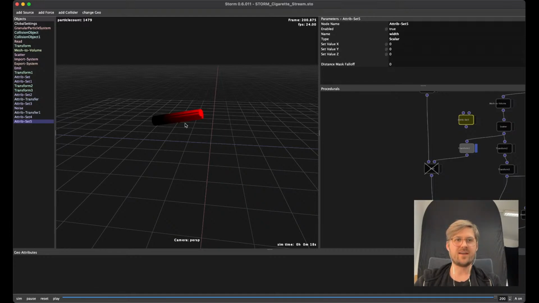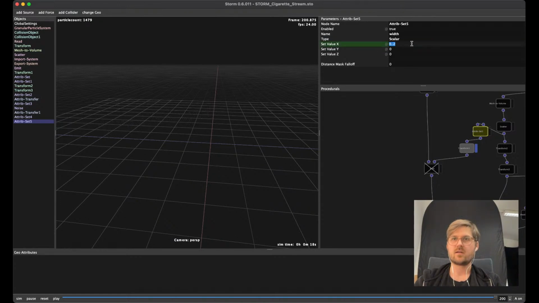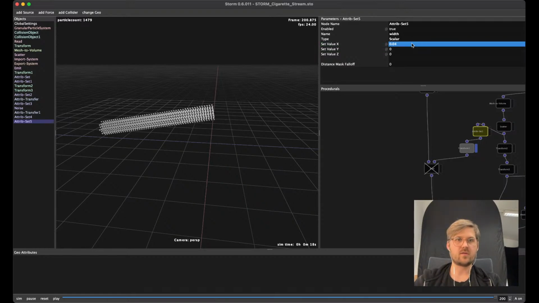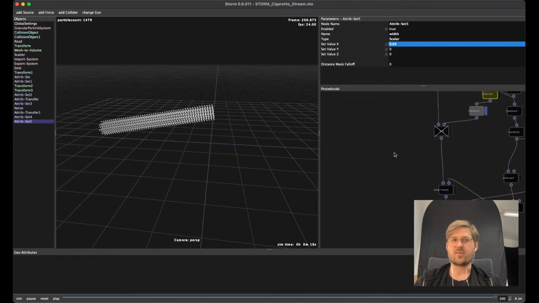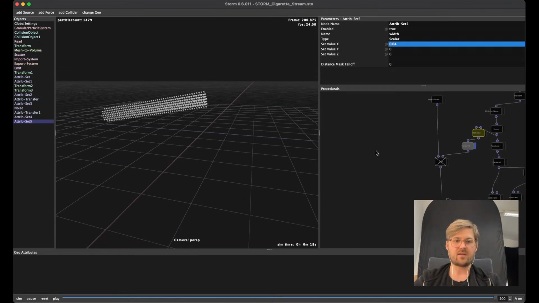Here the particles are too big in the simulation, or they are too small, but you can also just add this attribute and type in a number to give them a good size. So one thing I want to add is a paper rolled around the cigarette, and for that we start with